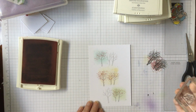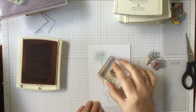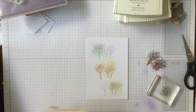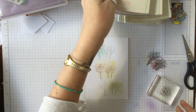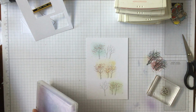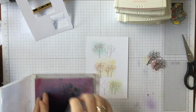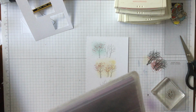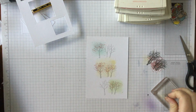So you can get some little other ones coming through. I just wanted to try and get that up on there. So you've now got these little pieces that give you the blossom on there, which gives you that really nice sort of background. Now, you can leave it like that if you wanted to, and I will show you once we've put the panel piece over the top how that will look, and then how we are going to carry